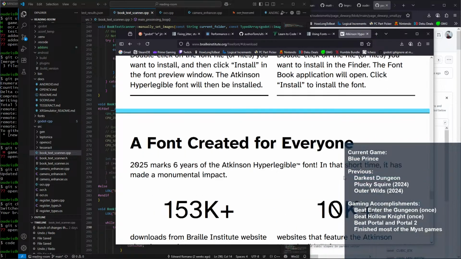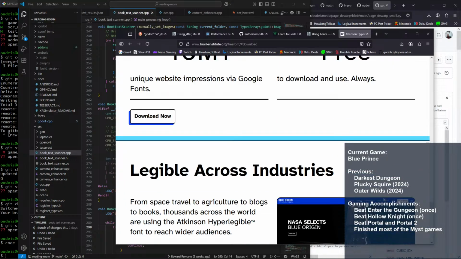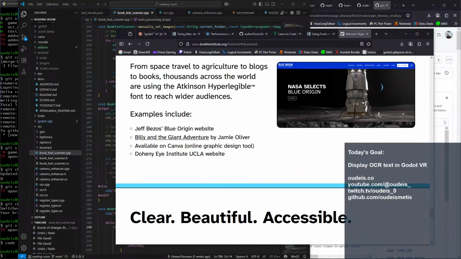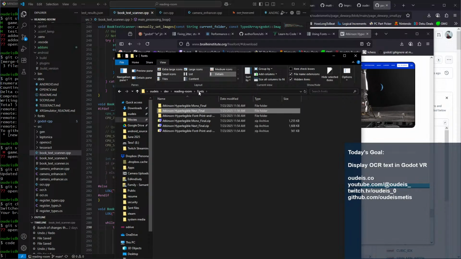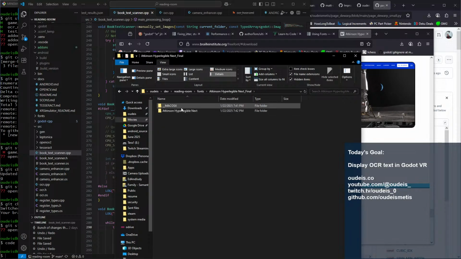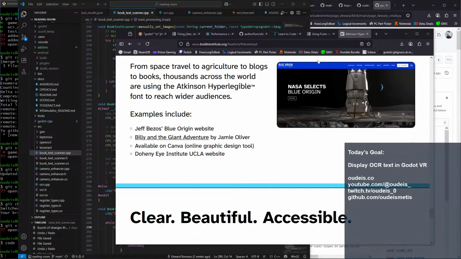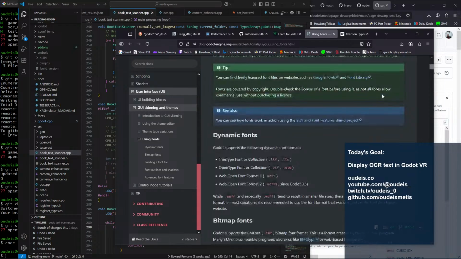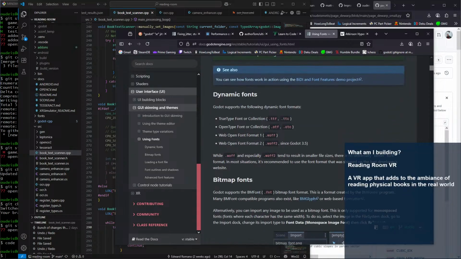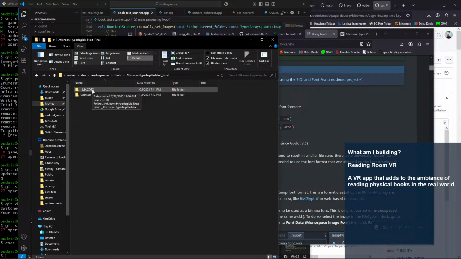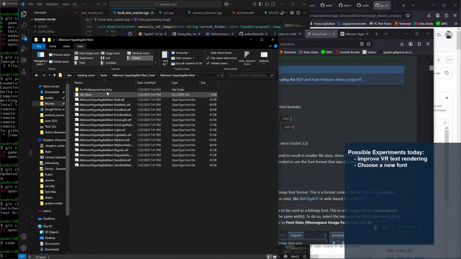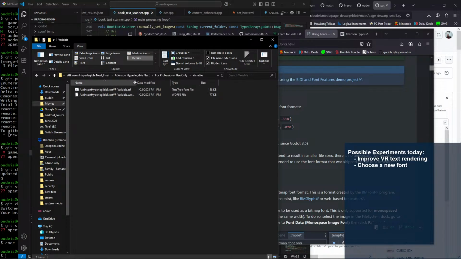Okay, the next one. Okay, so yeah, this is the next one. Okay, so now back to Godot. How do I install this? So Godot supports the following dynamic font formats. I don't know what is with this underscore Mac OS X. Well, I'm on Windows right now, so this means whoever packaged this up, I think maybe for whatever reason they ended up with this folder. For professional use, this is, I think,